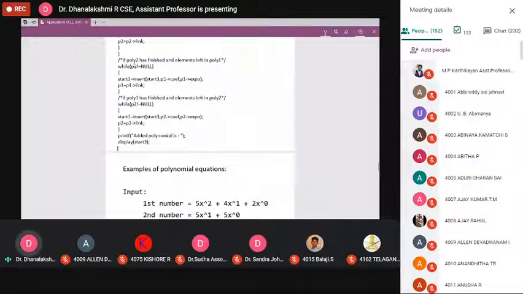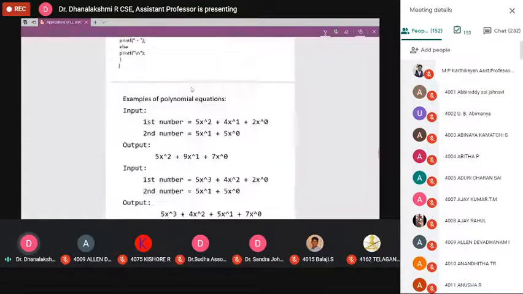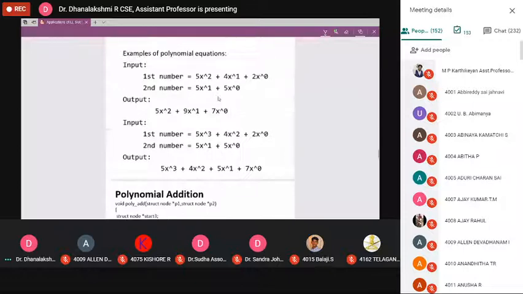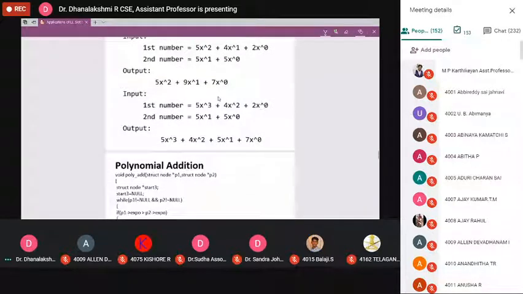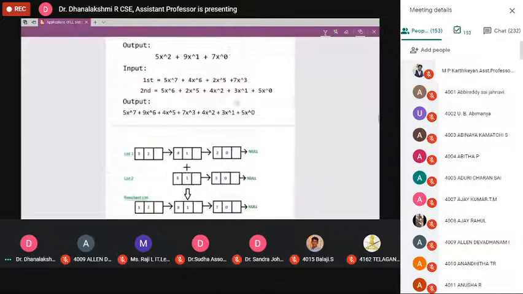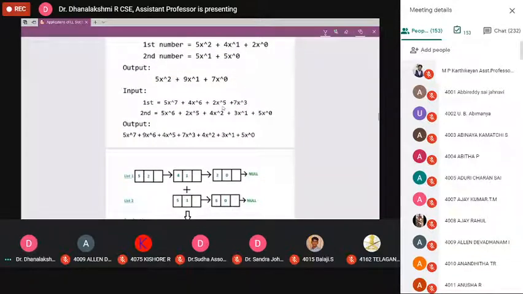Yes. Now one more thing. If P2 has finished, I gave the example in this example. In this example, our P1 is finished, so we are going to copy the remaining terms into the resultant list.